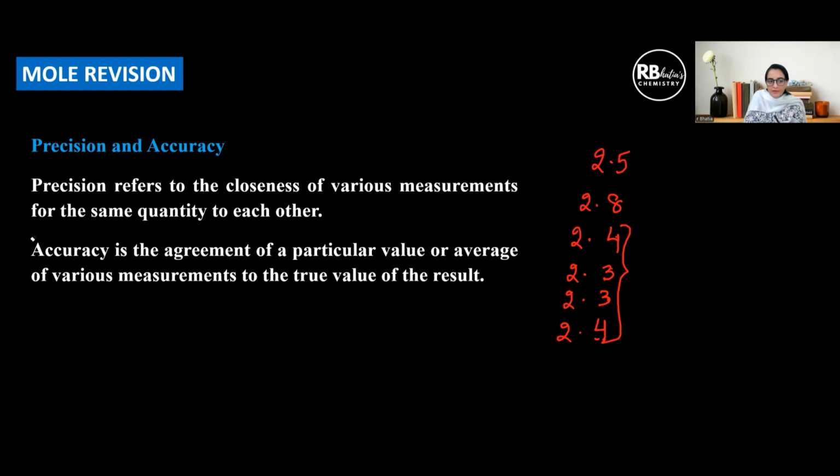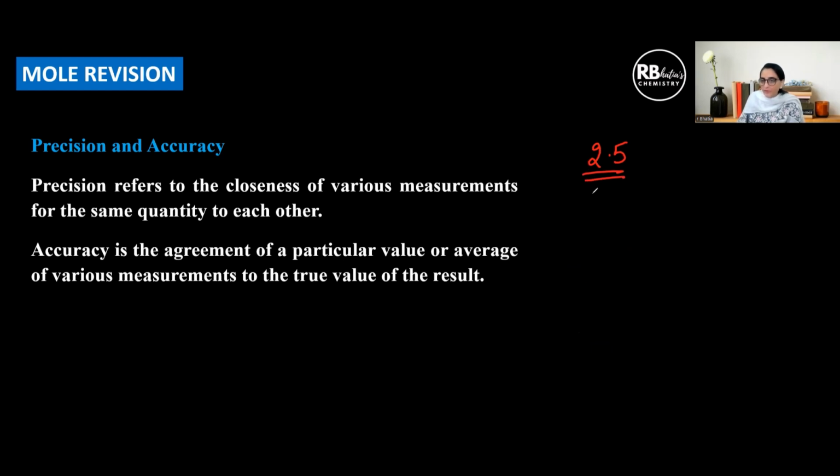But in case the student had taken values for a value whose length is 2.5, if a student takes different measurements repeatedly and finds the different values as 2.2, in the next measurement he calculates this value to be 2.6, in the next measurement he measures it to be 2.8, we will say these values are not precise. The student has low precision of measurement, because the values are far from each other. So precision means closeness of the various measurements of the same quantity to each other.